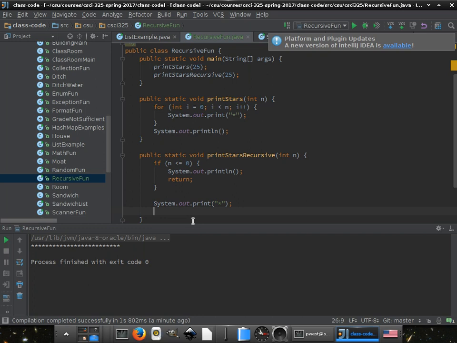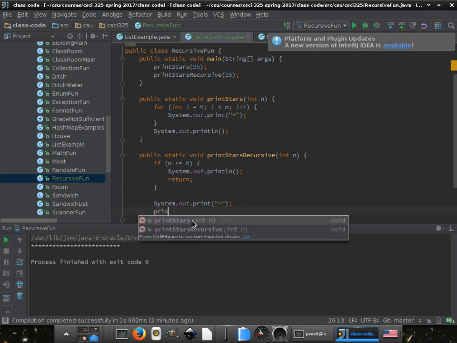I'd use a loop. We're not using a loop. Right, you would use a loop. Normally you use a loop for this one. How would you not use a loop in this situation? We printed one star. Print more stars. Call the function itself. Okay. Are you just taking guesses? No. Why would you call the function itself? Because it's going to do it over again.